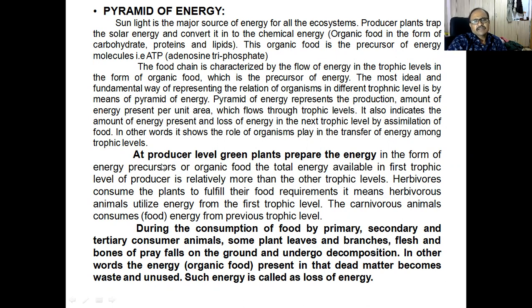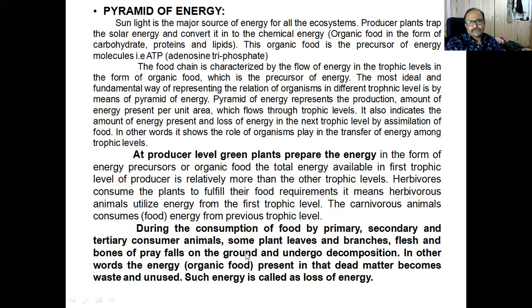Okay, see in this situation in ecosystem, the producer level are the green plants, they prepare the energy। Okay, and this energy is transferred into the another trophic levels during the consumption of food by primary, secondary and tertiary consumers level। अब इसमें क्या होता है, इन दिस सिचुएशन of transfer of food in each food chain during the consumption of food by primary, secondary and tertiary consumer। ये जो फूड लेते हैं, ग्रेजिंग फूड चेन है, ये ग्रेजिंग फूड चेन में फॉरेस्ट हो गया, पॉन्ड, देन ग्रासलैंड इकोसिस्टम में ये क्या करते हैं, ग्रेज करते हैं, मींस जिसको चरना कहते हैं, वोरेसियसली फीडर। एक आधा एनिमल दिखा, उसको आधा खाया आधा छोड़ दिया, प्लांट्स लिया, प्लांट्स के लीव आधे खाए आधे छोड़ दिए,